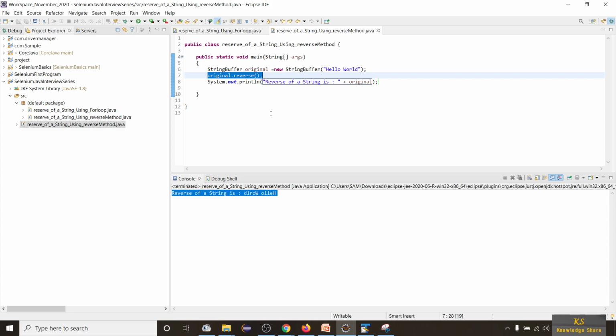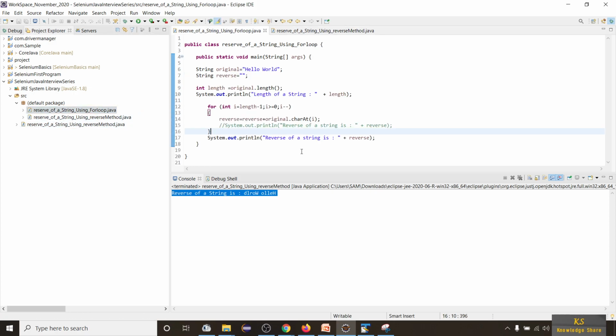Two key takeaways here: you can learn for loops here using reverse string, and you can also learn what methods are there in StringBuffer. Okay, that's the intention of this video, so that you just don't copy paste. However, I'll be giving this program in the description, but just make sure you type it and learn how to code, and read each and every line, how this is being performed, and understand the logic, so that you'll become familiar in coding, and you'll get some hands-on experience.